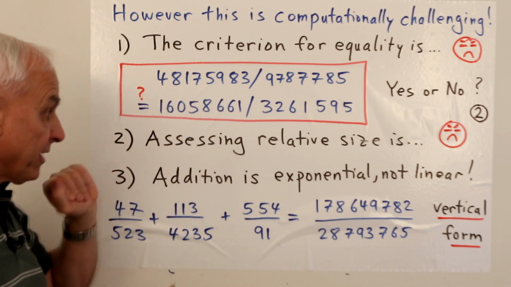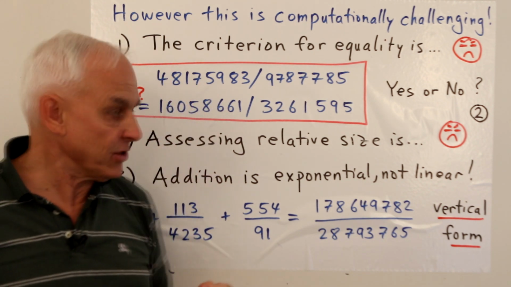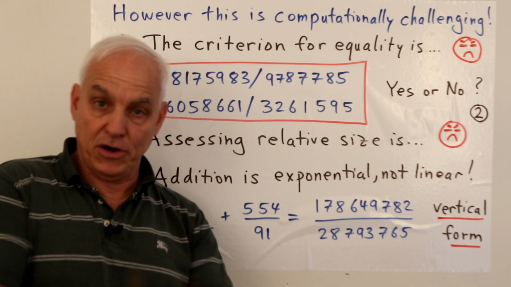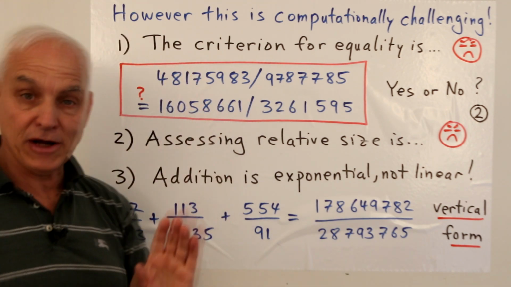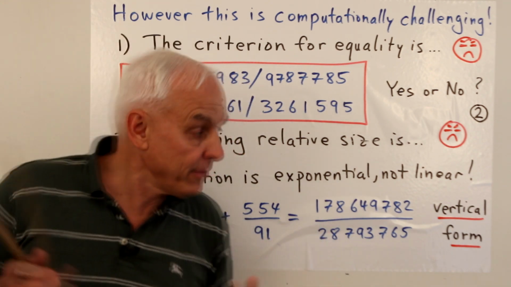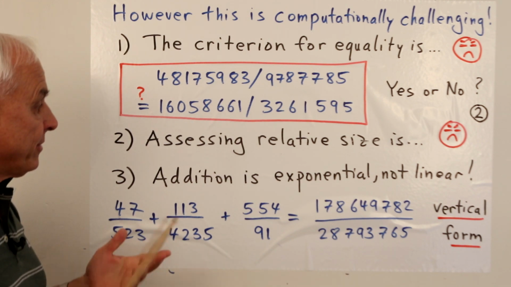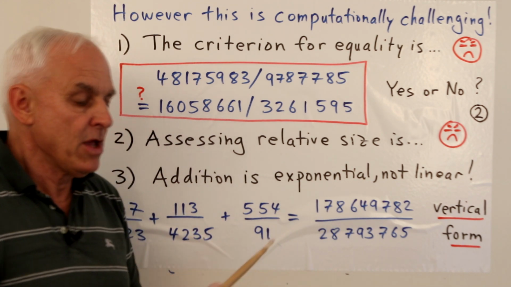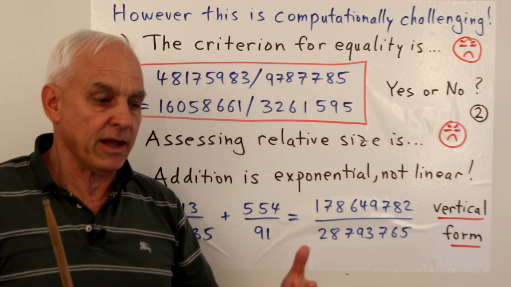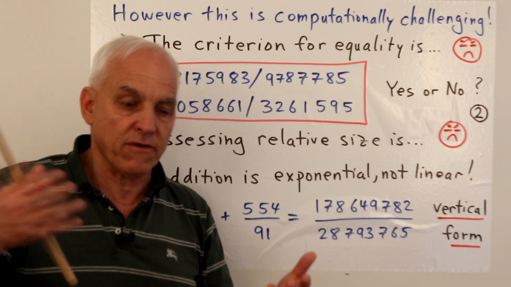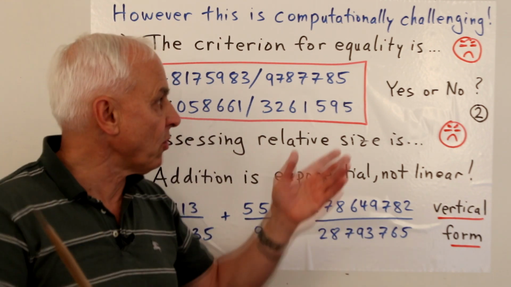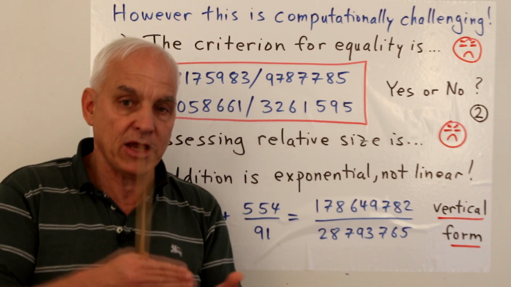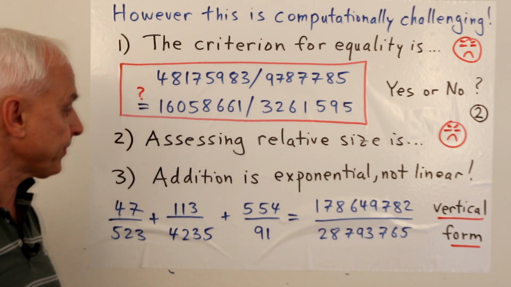Which brings us to the second computational challenge. How do you tell which of two fractions is actually the bigger one if they're not equal? So I've told you these two fractions are not equal, but which one is the bigger one? That's also a naughty kind of thing. It's not immediate. You can't quickly decide. So that means that if you're doing a lot of arithmetic and you want to compare what you're doing with what your friend is doing, you're always having to resort to this cumbersome notion of equality, in principle at least, to check that your answers are actually coinciding.